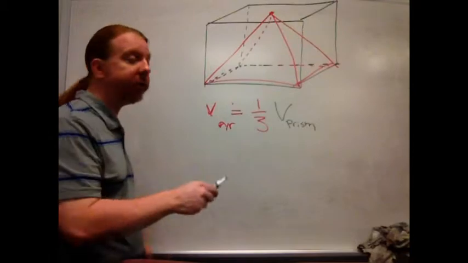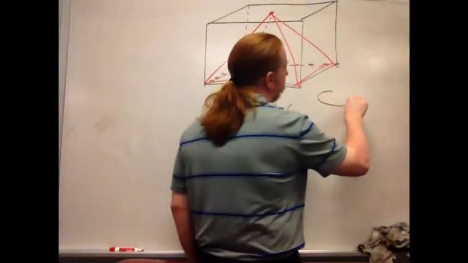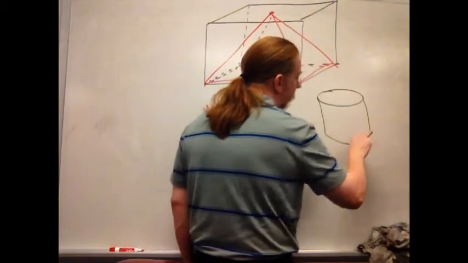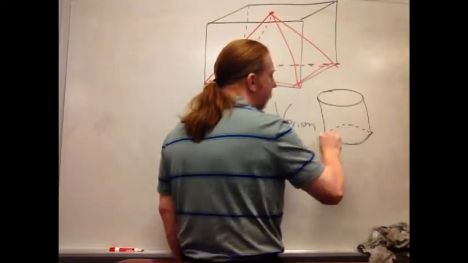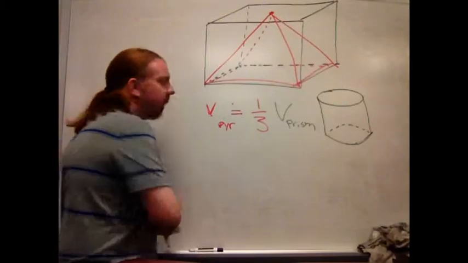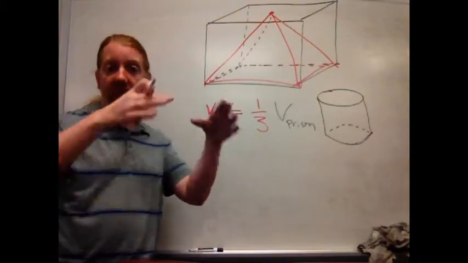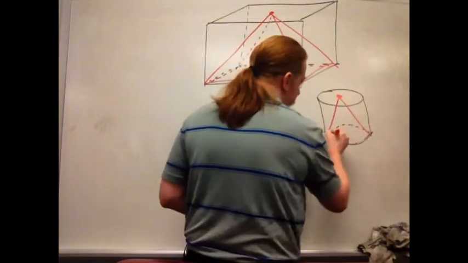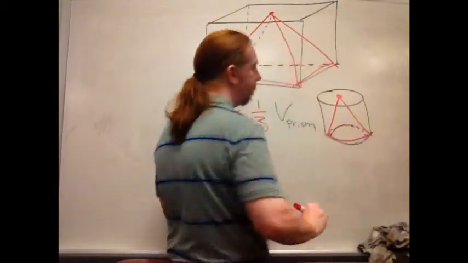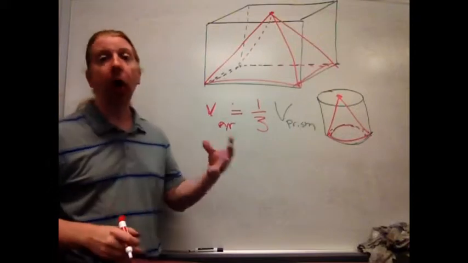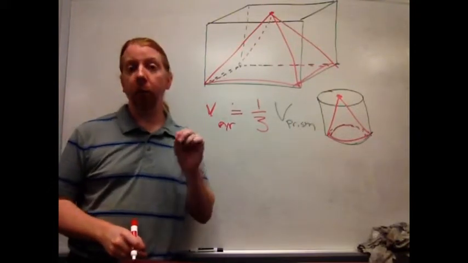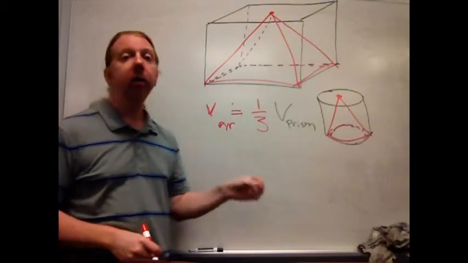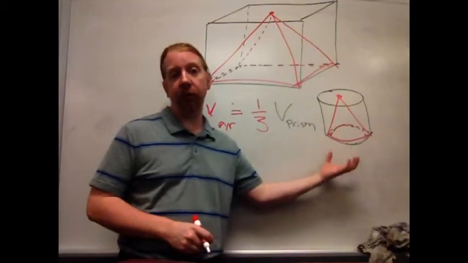For example, if I were to take a cylinder, so there's a cylinder, and I were to shave off the excess, leaving me something that comes to a point, you can see that what's left is a cone. The same rule applies. The volume of that resulting cone is 1/3 the original volume of the cylindrical prism that